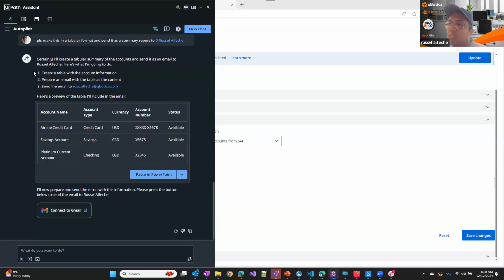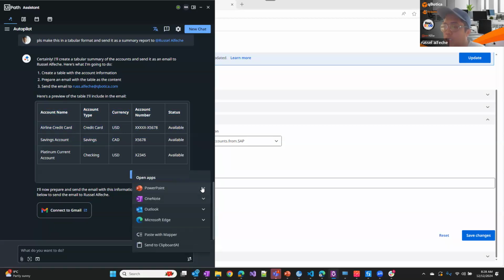Then it knows it plan it, as you can see here. It's an agent because it can plan the sequence of action and then prepare an email and then send that email, right? So another thing you can do here, since this is structured, is if you notice here, you can